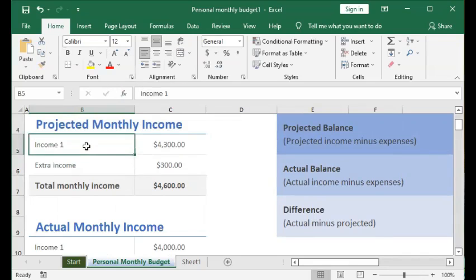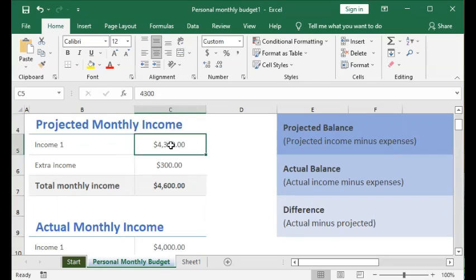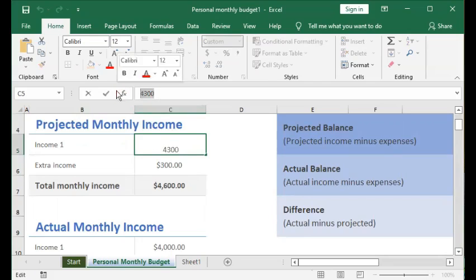This is referring to your main income, which could be your job or can even be your business if you have a business. Whatever is your main income, that is your income one. Again, you can rename this, okay? And then here on this cell called C5,